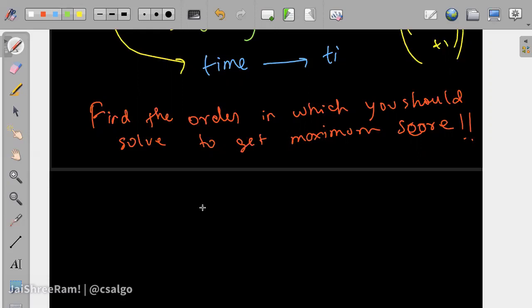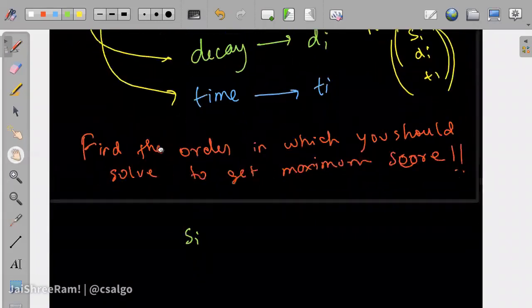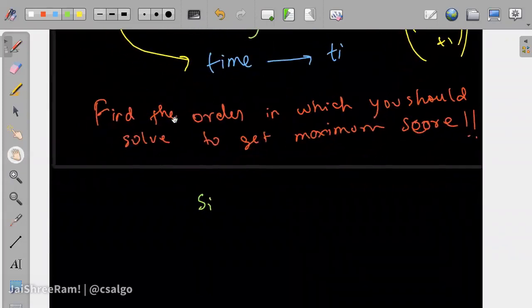We will compute ti dj and tj di, these two things. Whosoever product is less, if ti dj is less, we will do i first, then j. Yeah, that's the ordering possible.